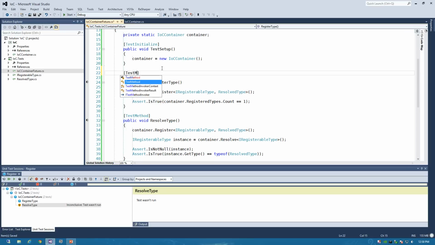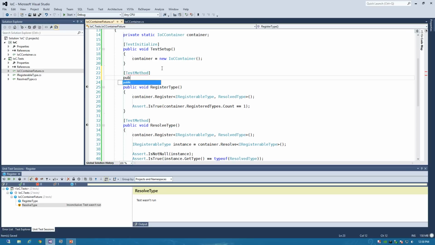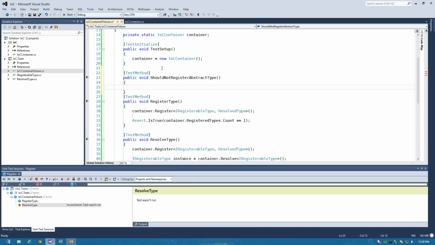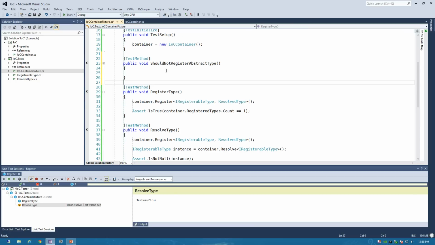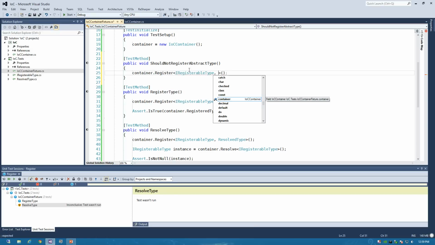So we're going to write another test method, and we're going to say public void ShouldNotRegisterAbstractType, because you can't create an instance of an abstract type. We're going to write our test, and we're going to say register IRegisterableType, but we're going to try and register it to an